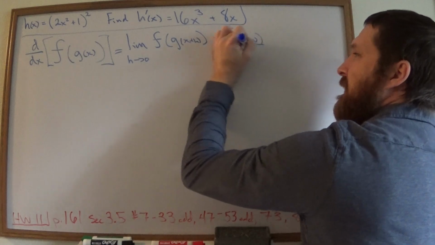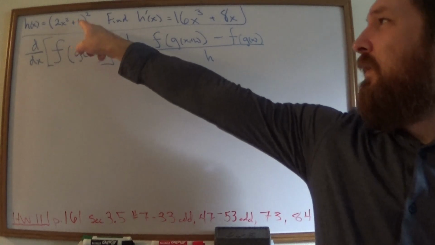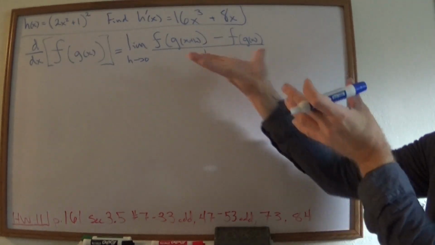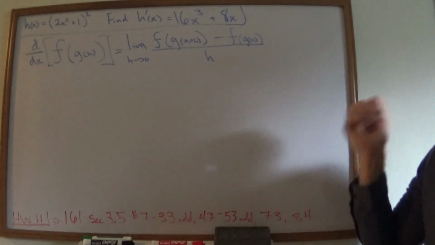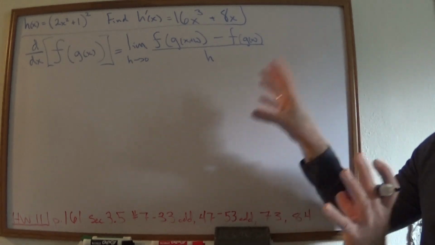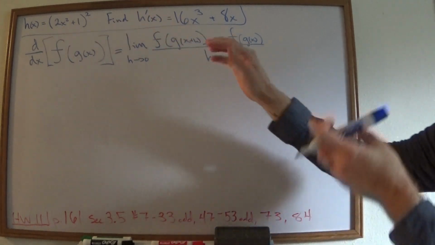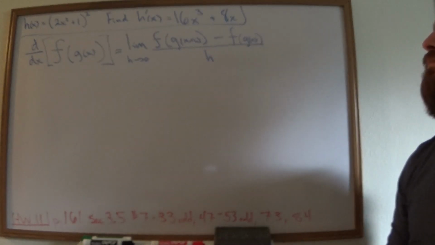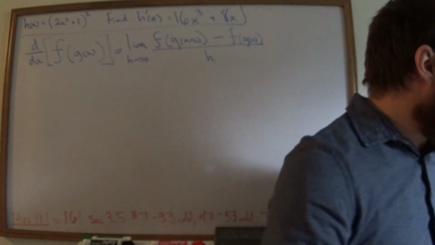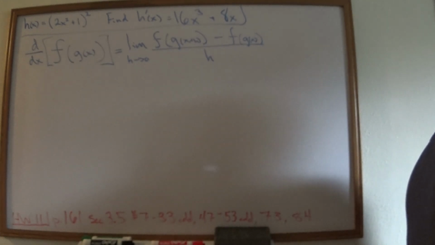All over h. Now, if we're actually doing it with this one, we'd be able to do some calculations and stuff. But here in general, when you just have two functions, what do you do with that, right? The idea is hopefully we could do some work and end up with something that's easier to deal with, rather than having to go into actually plugging this thing into here and figuring out a limit. So one thing I want to do, the way I want to start by trying to figure out what this is